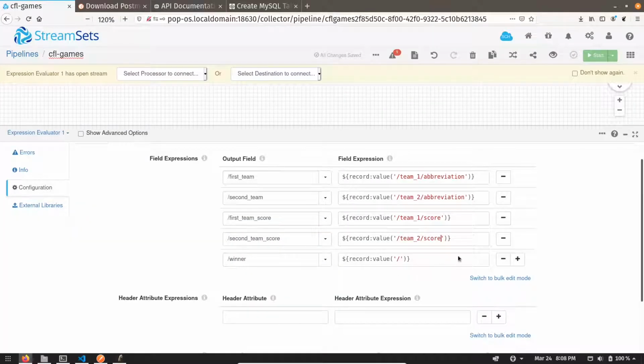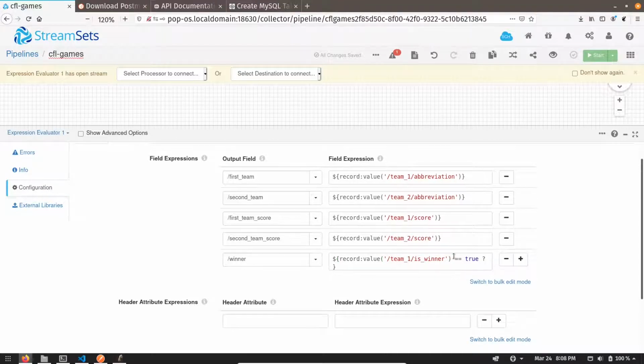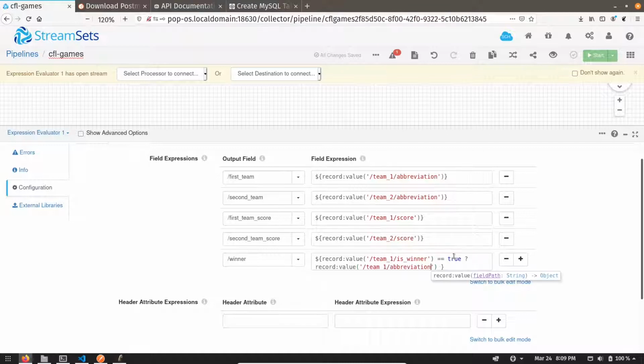So how can we do this? We can implement this using an if else condition. So let's do that. Let's first fetch the value of team1 is winner, and we can check if it is true, then give me the value of team1 abbreviation, and if it is not true, then again we are going to check for team2.